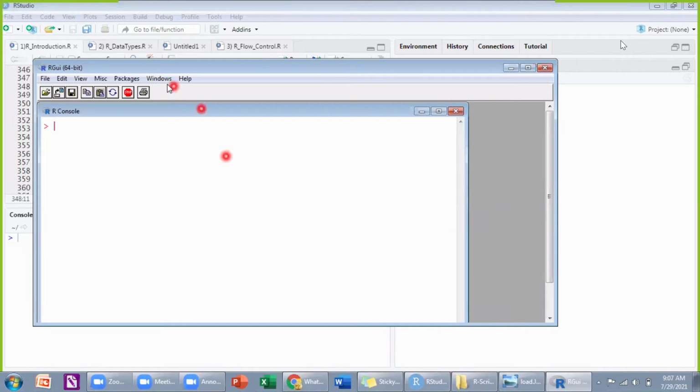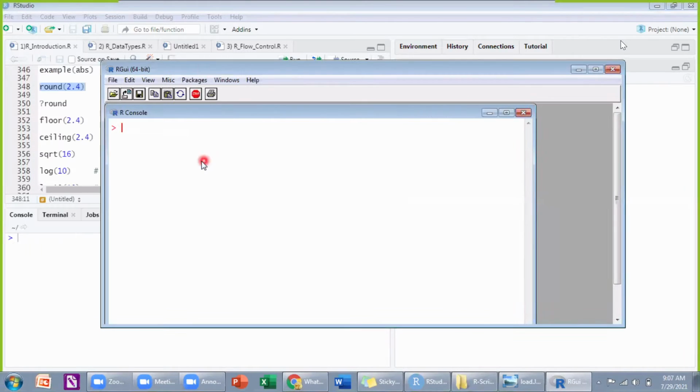It's very simple, ma. It's like a normal round off. If I give 2.4, if the decimal value is less than 5.5, then you will get the least integer value, that is 2. But if the value is 2.5 or above, sorry, 2.6. Up to 0.5 it will take it as 2, and above that it will take the highest value.